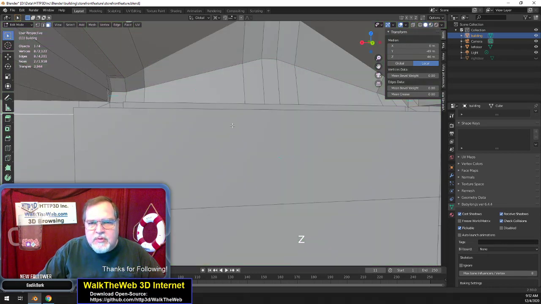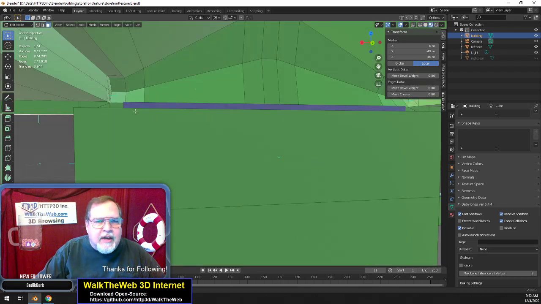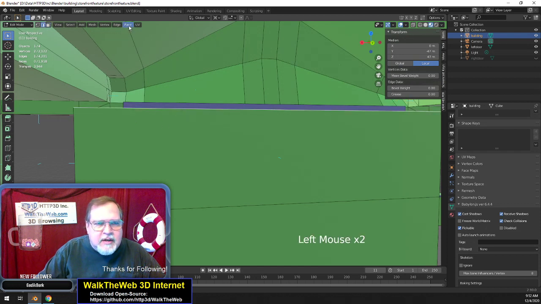We'll go to solid. Kind of shows us a little bit where we're at. Yeah, I think I like the colors better. Easier to see where we're at. Okay, what I'm going to do is I'm going to take this line right here,